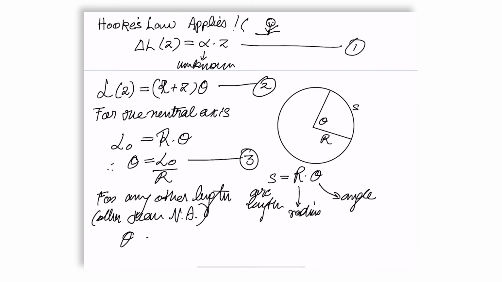Well, we can say that theta is equal to L as a function of z, because it changes as a function of z, upon r plus z. This is our equation. Equating equations 3 and 4, because now this is theta, this is theta, this is theta,